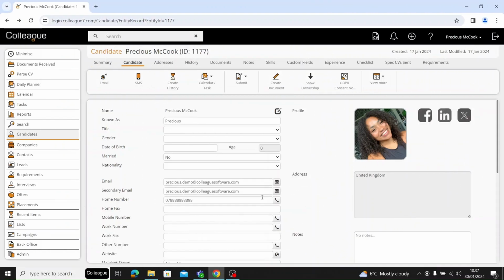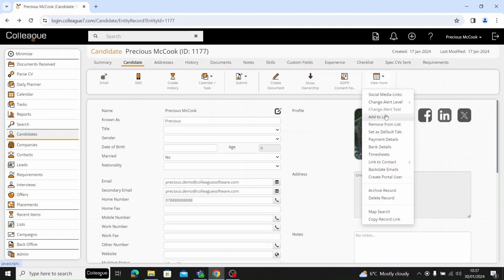In this video, I'll be demonstrating how you can add and remove a candidate from a list within the candidate record. So firstly, make sure you're in the candidate record you'd like to add to the list and then hover over View More. And then go down to the option where it says Add to List